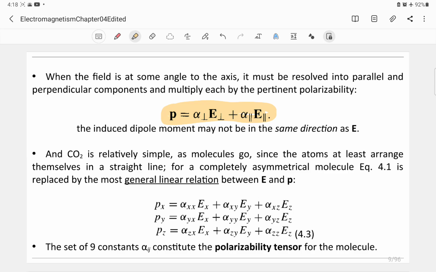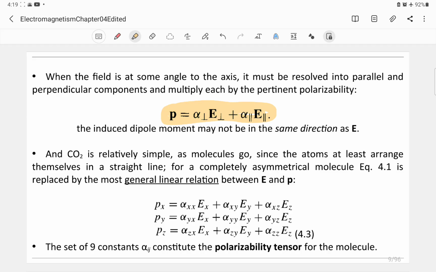But then again, the carbon dioxide is simple because the arrangement of the atoms in the molecule is just a straight line. But for a molecule that is asymmetrical,